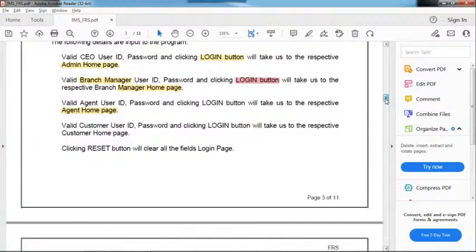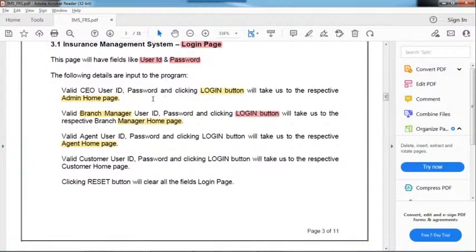So now what do you do? You don't know what code is written there. You are giving what input? Valid username, valid password. Now you are clicking the login button. Then what is the output? Suppose you are able to see the admin homepage, then as per the given requirements it is working as expected. Understanding, right? Suppose you are not getting the admin homepage, you are getting some different page, then it's a bug.